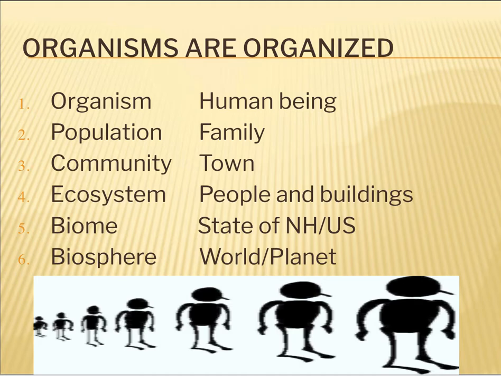Many families living in a particular area, like Swansea, would make up a town, just like several populations would make up a community. Take it one step larger, and you have an ecosystem, all of the living things and their surroundings. Go another step larger, and you have a biome, and then the largest group would be the biosphere, or the whole world. Let's take a look at these categories, starting from largest to smallest.